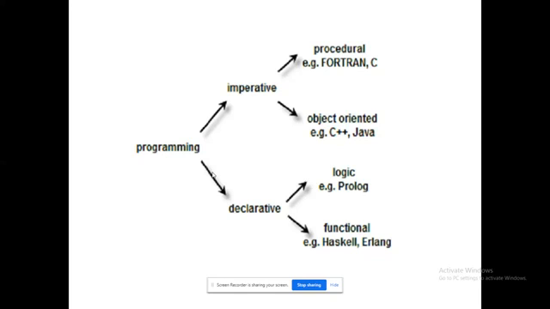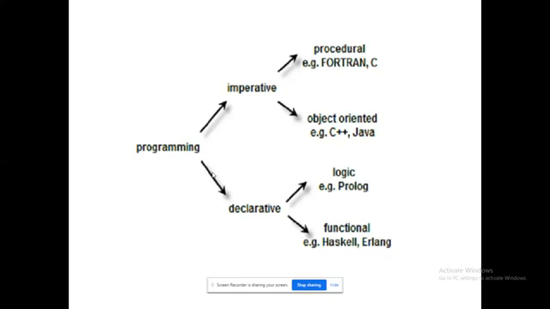When you come to declarative logic, no need to worry about other procedures. Simply concentrate on logic. If you want to add A plus B, just convey that you are going to add A with B. It's enough. The software will take care of the job. No need to declare variable A, declare variable B, or what type of data you are going to give. Don't worry about all those things. You are going to perform the process of addition, and the software will take care of that.